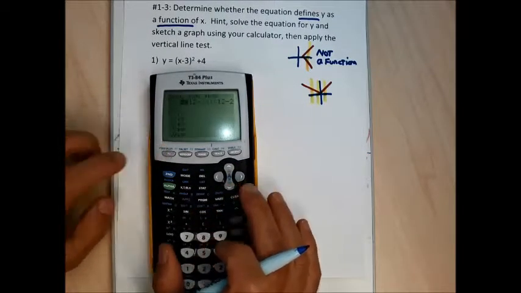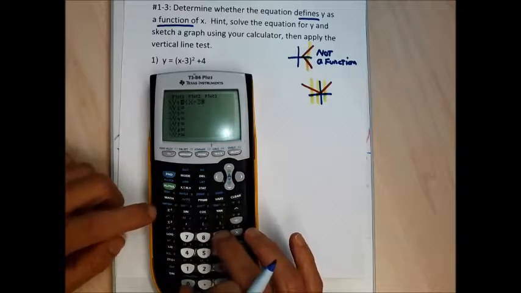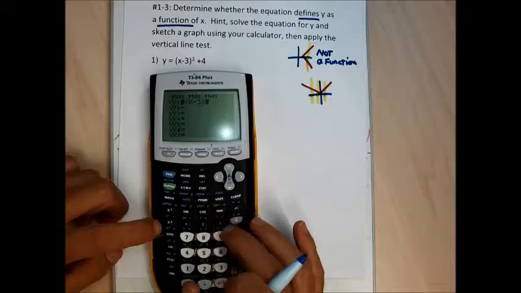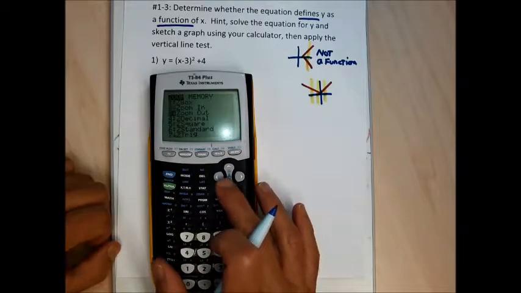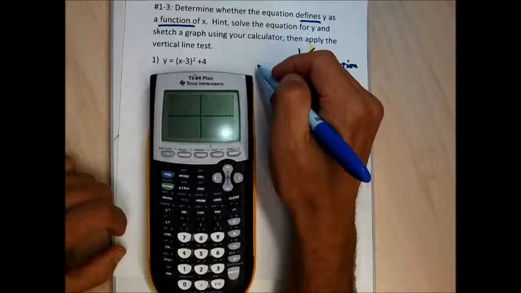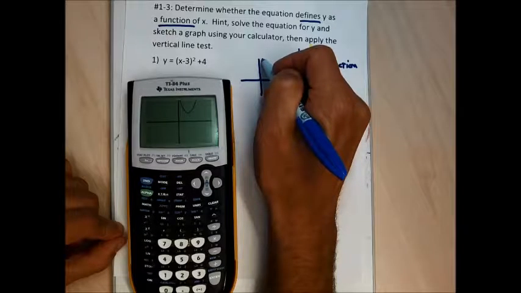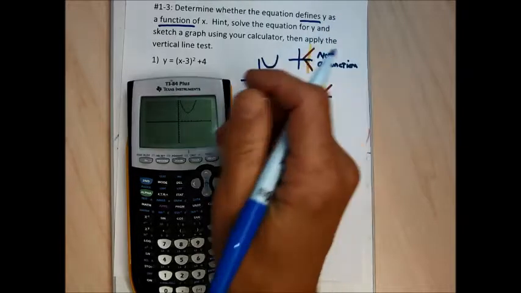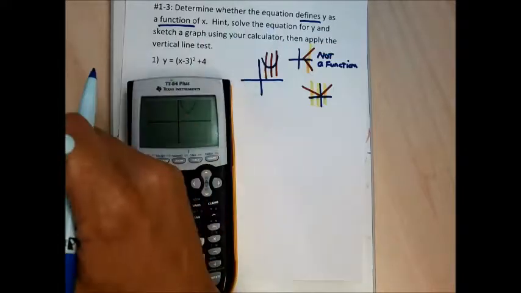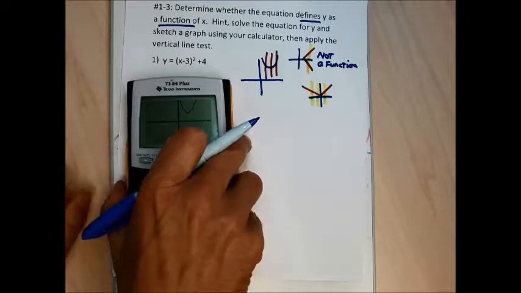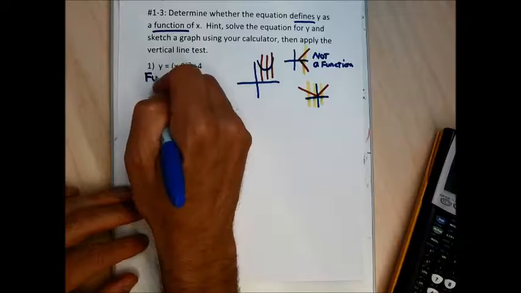I'm going to graph the function y equals (x minus 3) squared plus 4. I'm going to do zoom standard. I already know what this graph is going to look like, but just in case I'm the only one that knows, I'll graph it for you. So this is just a generic parabola, and I'd certainly say that this graph passes the vertical line test because there's no place I can draw a vertical line through the graph to touch the graph in more than one place. So my answer for number 1, I could either say this is a function, or I could just write the word function down,